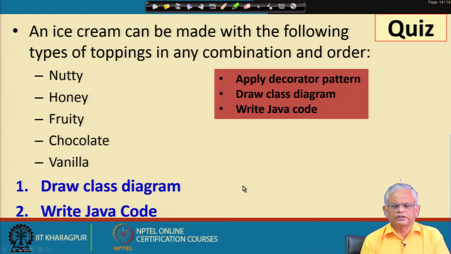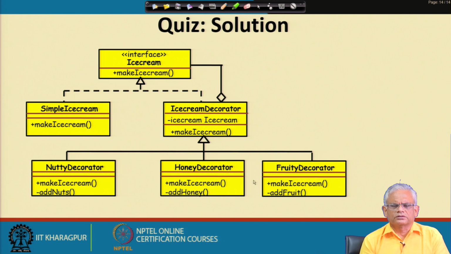Simple application of the decorator pattern. The decorator has a simple structure as you have seen: the client interacts with the outermost decorator, and the decorator each time contains one more decorator or the concrete object. So, this is the solution.